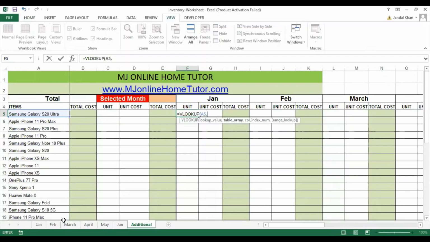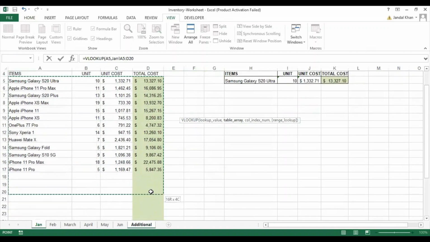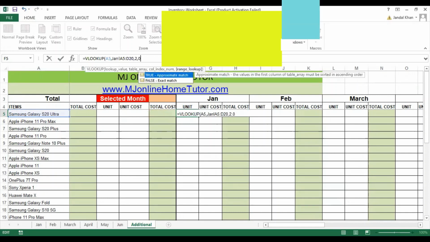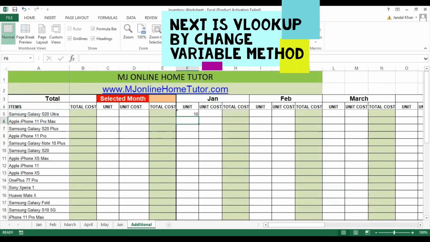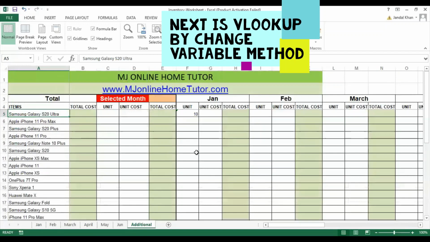So table array is A5 to D20, and column index number is 2 because we are going to get the unit. So you can see the number is correct. Unit is 10 in Jan for Samsung Galaxy S20 Ultra.